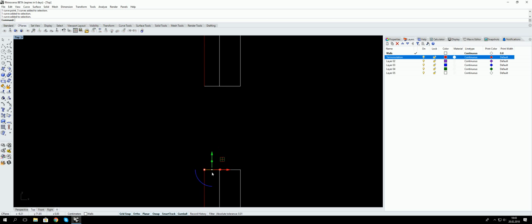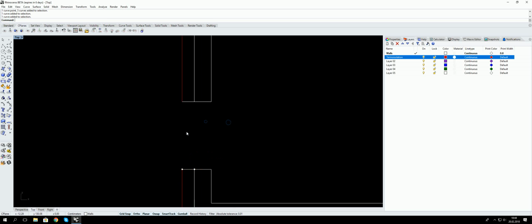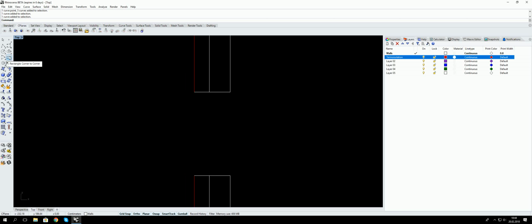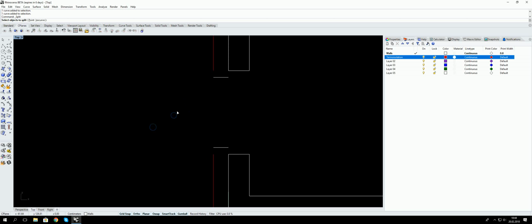Probably I need some thermoisolation in this place. I must move it maybe for, I don't know, 8 centimeters, and the same minus 8 centimeters, and